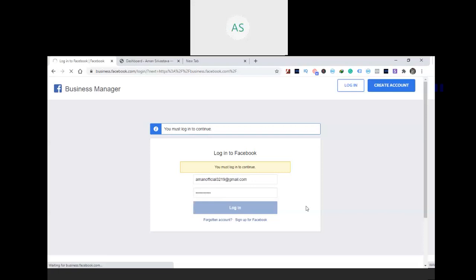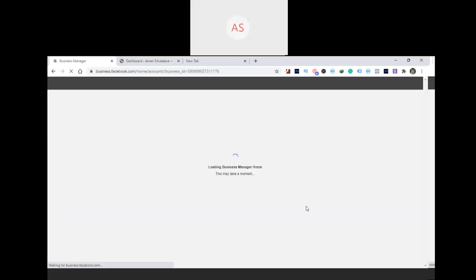As you can see, I have filled in all my Facebook account details, whichever Facebook account I have, and I've logged into my account.